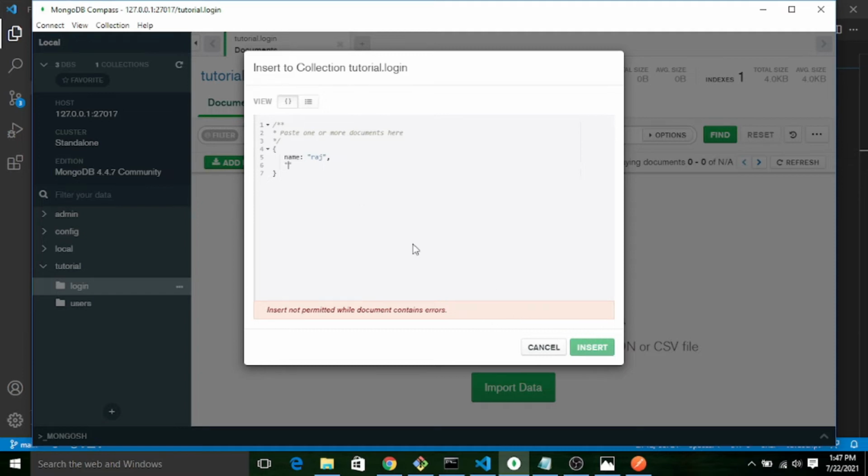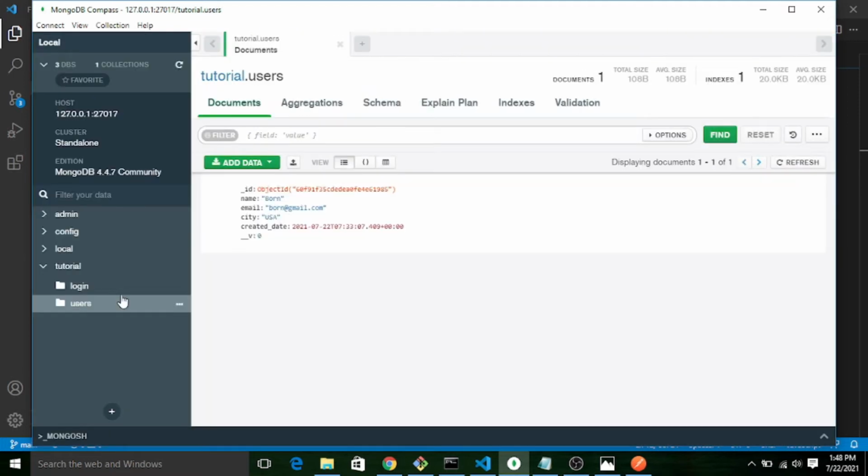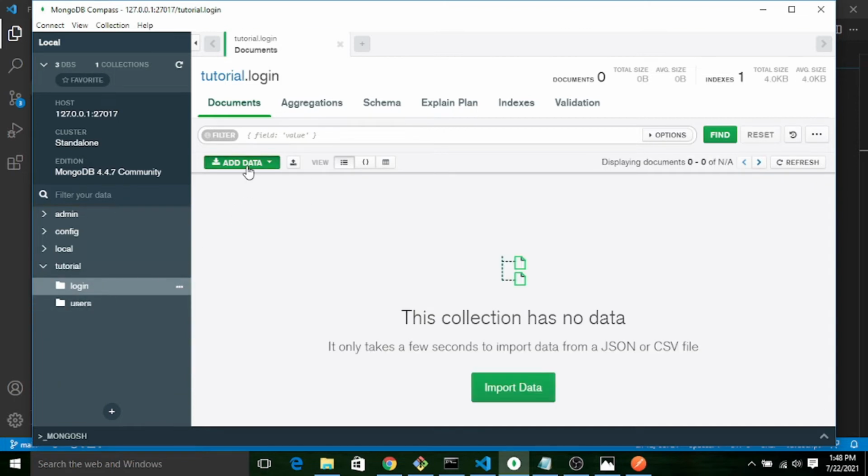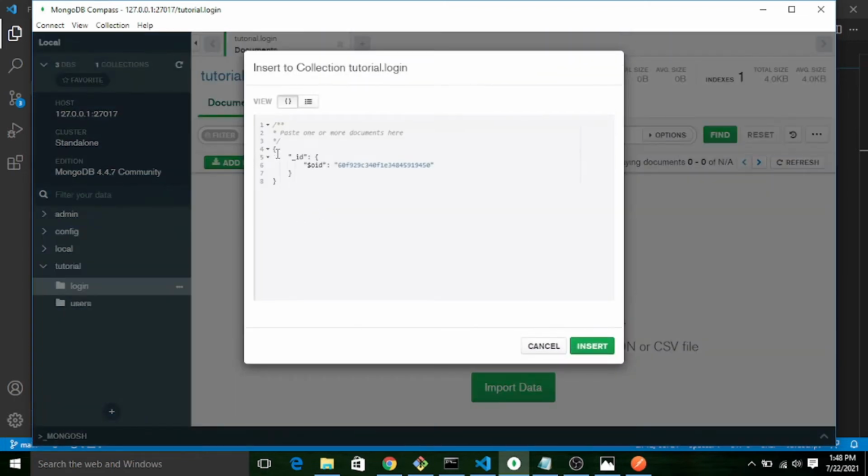Let me copy from the previous collection's document and paste it over here. Then I will modify it. Copy document, add data, insert document.